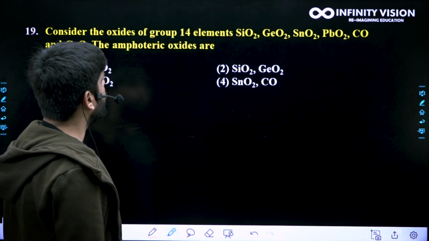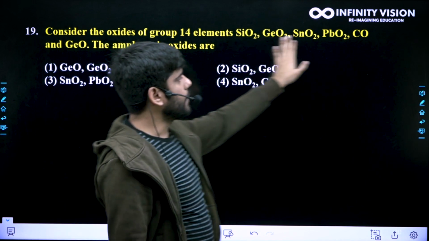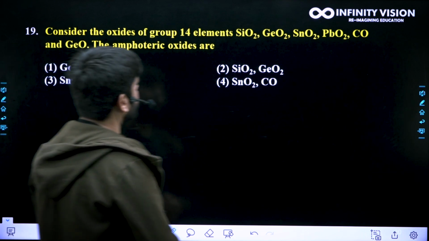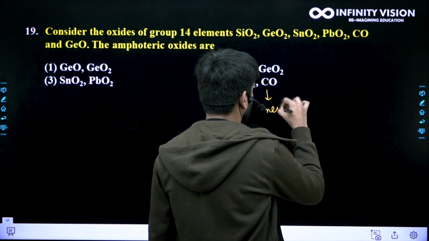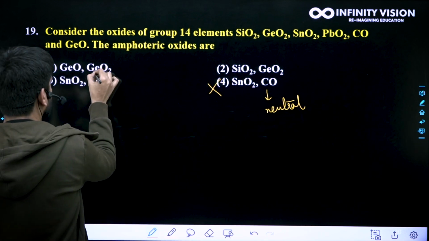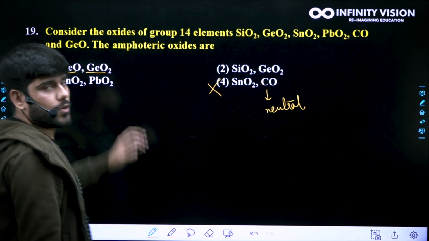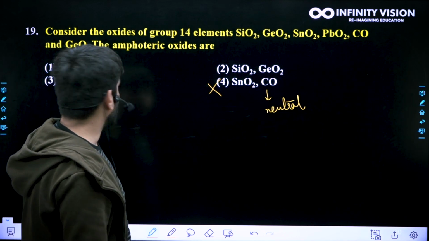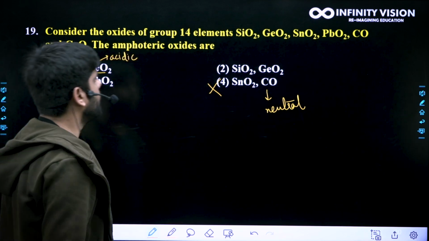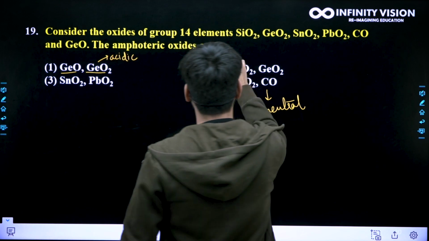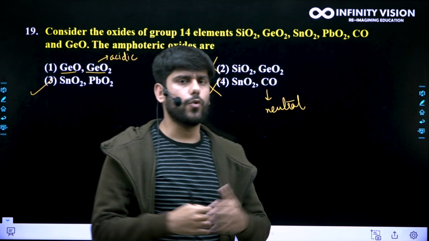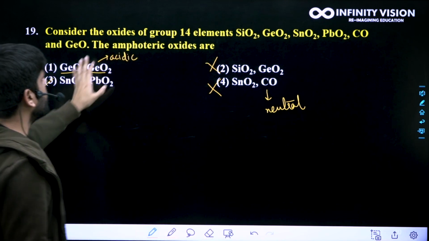Consider the oxides of group 14 elements. The amphoteric oxides are, okay, we know that CO is neutral, so this cannot be the answer. We know about GeO2 and GeO, the oxides of germanium. They are acidic, right? So again, here we have germanium oxide. This is also wrong. Now SnO2 and PbO2 or PbO, SnO, all these are amphoteric oxides among the oxides of